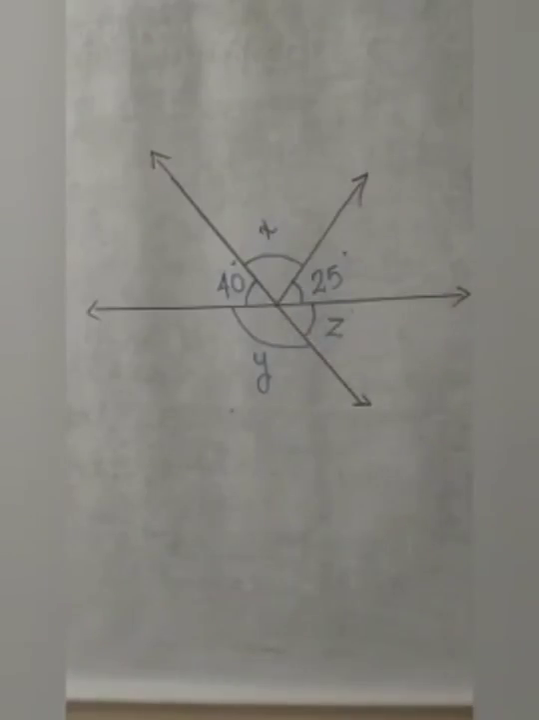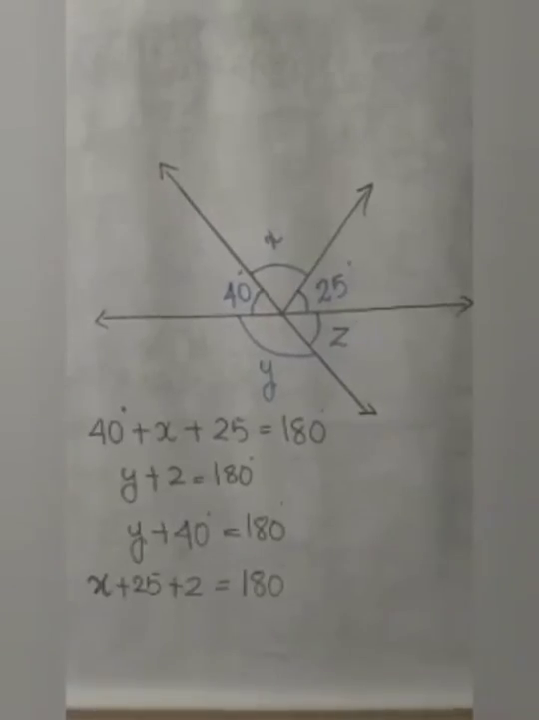What are they? Let me write. So these are the linear pairs. 40 plus x plus 25 equal to 180 degrees. y plus z is equal to 180 degrees. y plus 40 is equal to 180 degrees. x plus 25 plus z is equal to 180 degrees. Now,